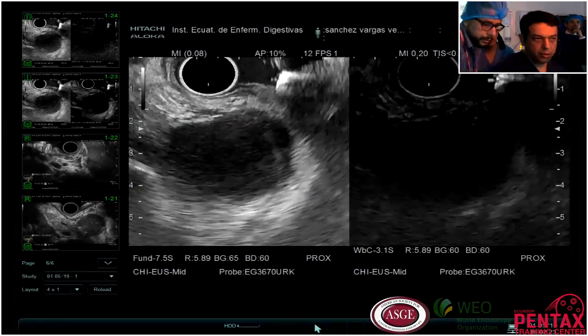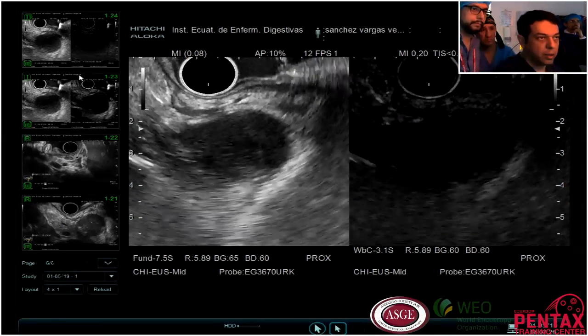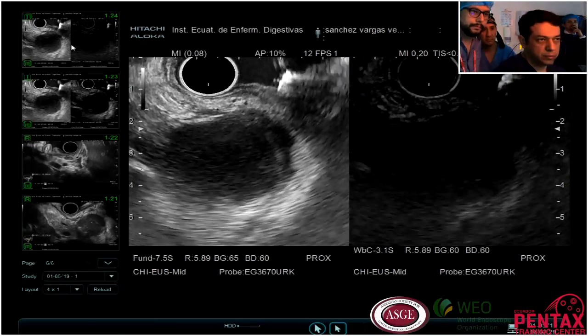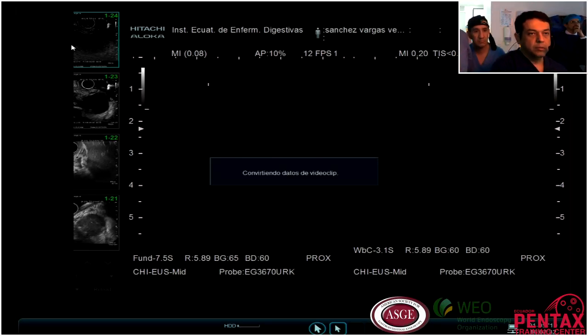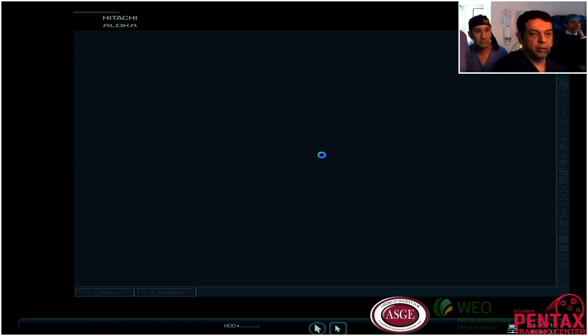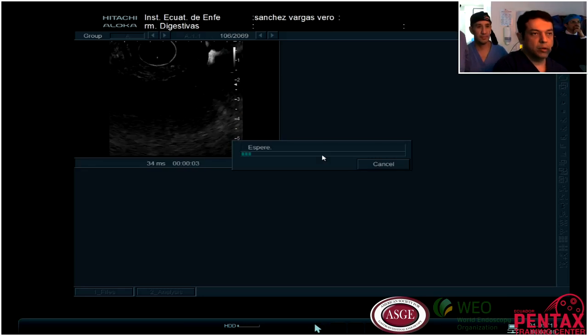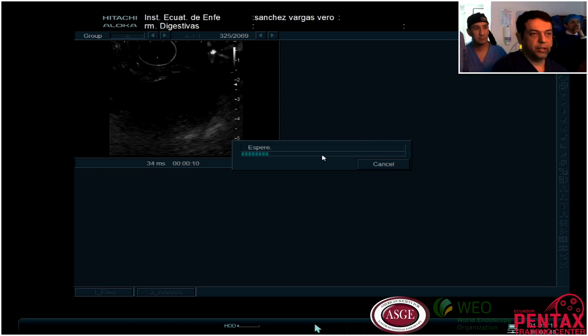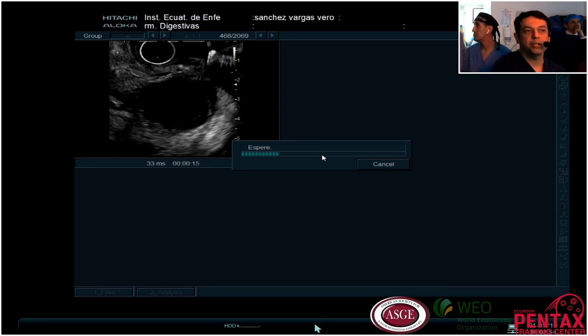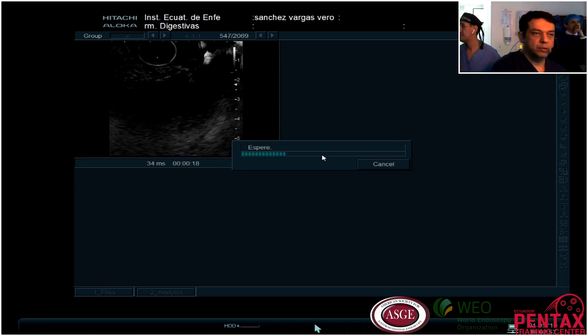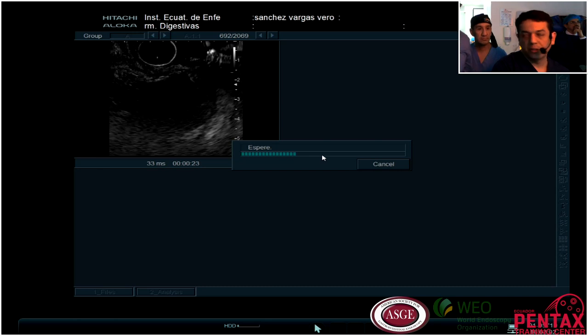So we can do an evaluation of contrast enhancement captation, but in a quantification mode, not just subjective, is more objective. So if you can see there is nothing inside, just the wall. So I believe that this probably is a pseudocyst.